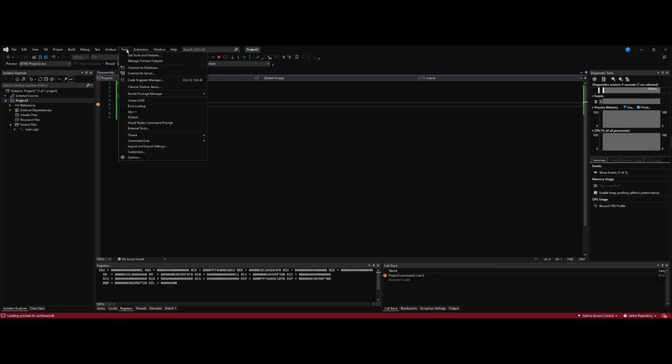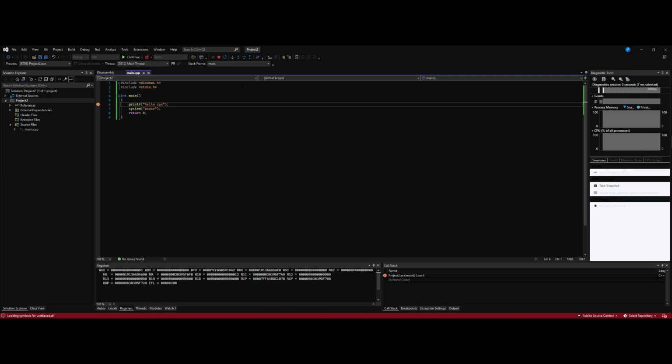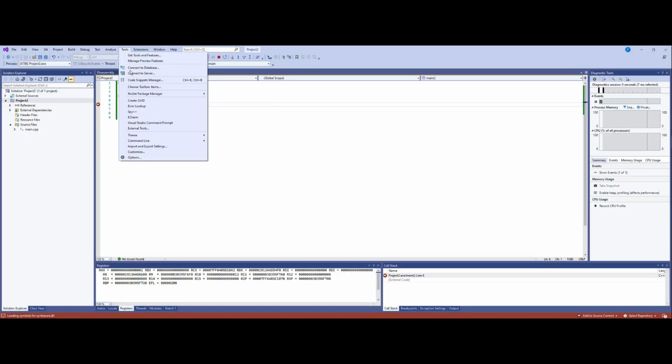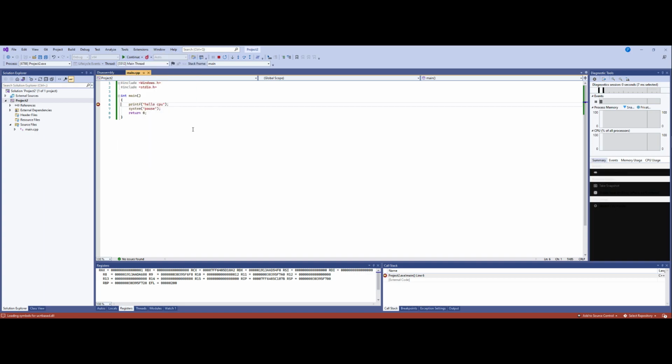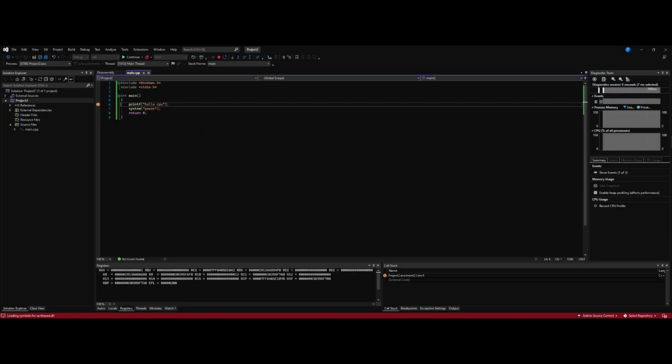Now, if I go to Tools, you can also add a different theme to the whole application. If you want to do that, you can. You can get more themes. You can look that up yourself, that'd be easier. If you have a question about it, I can show you in a special video or tell you how to do it. But other than that, if you go back